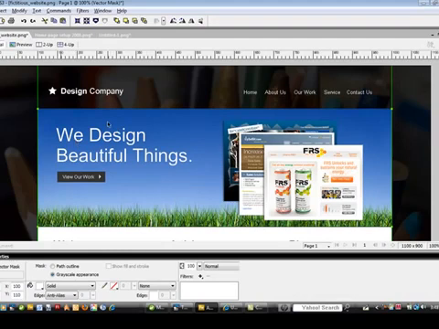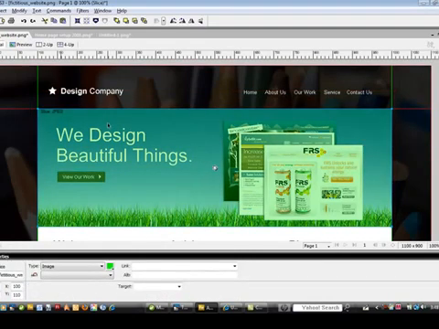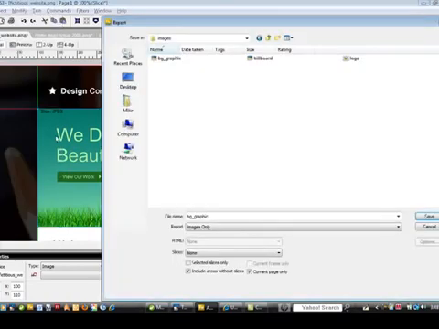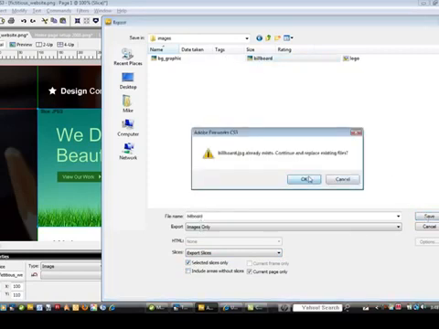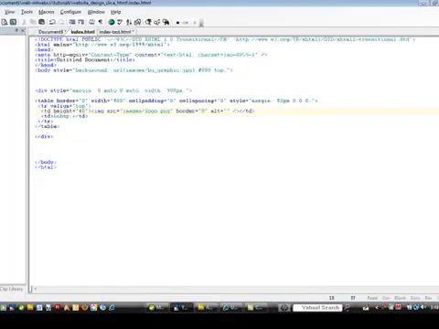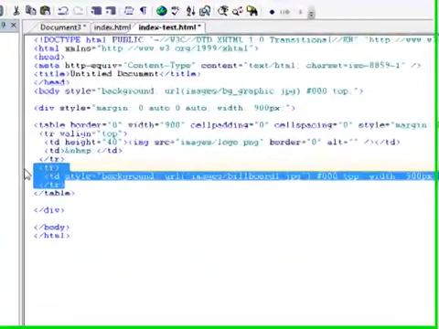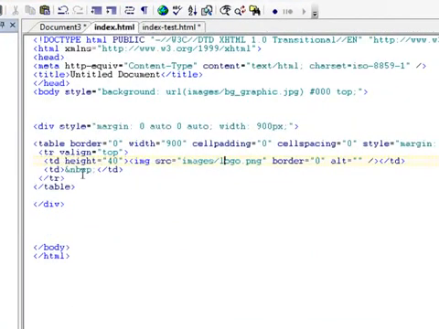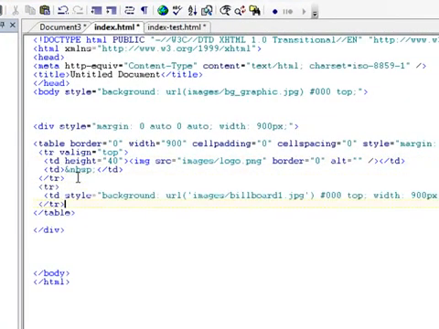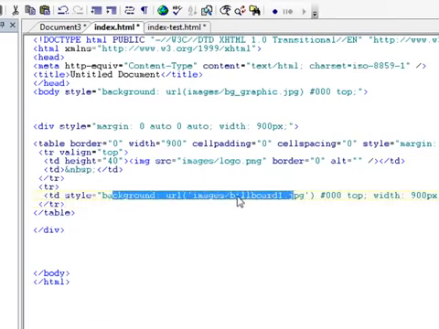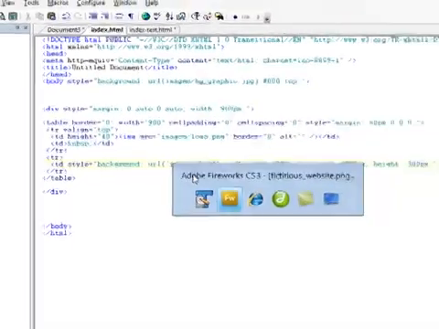So what I would do is, in Fireworks here, I would just select this entire graphic, this slice, and then I would call it billboard. And then what I would do, come over to my HTML, and I would just build out a table here with the background of this image. I would save it, and then, well,